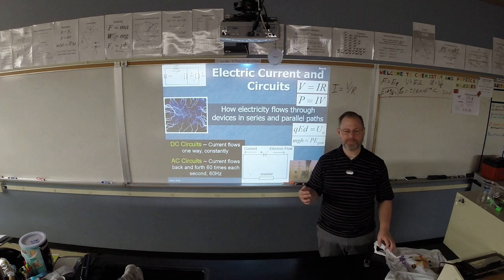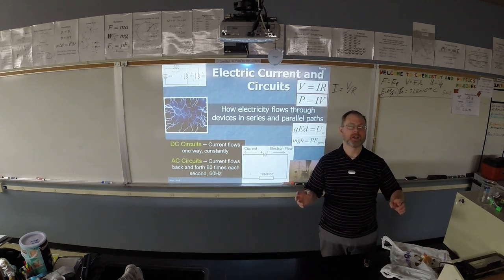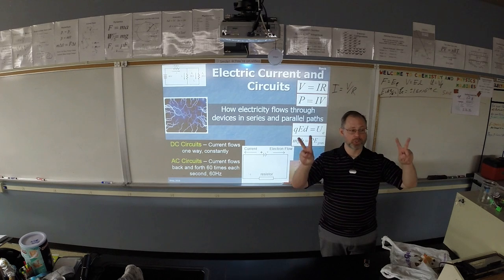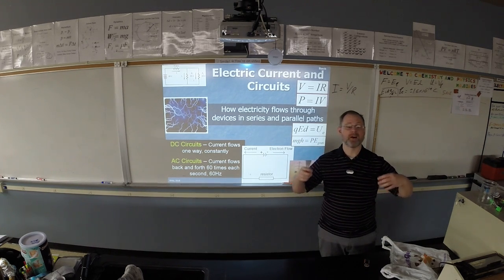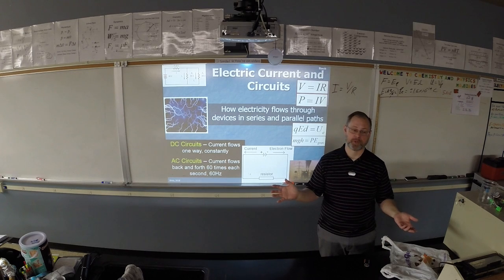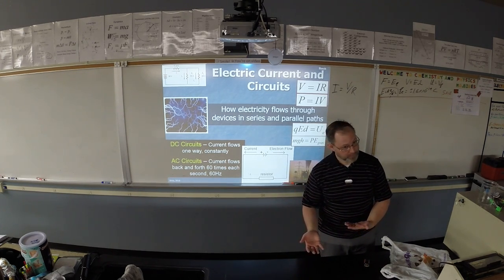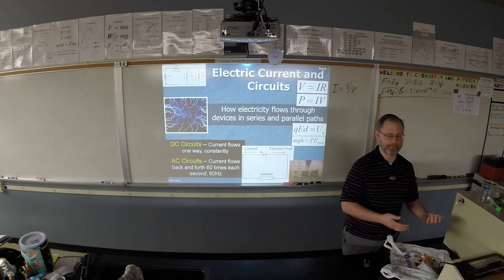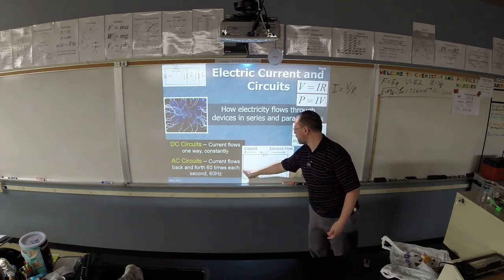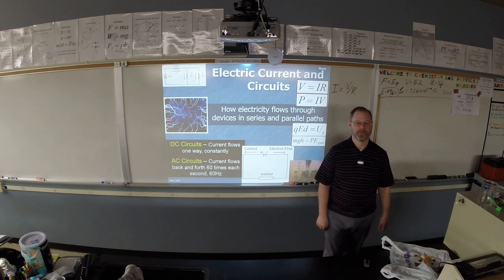Yep. For reasons I don't want to get into, dealing with electric fields and magnetic fields, we talk about the movement of conventional current, which is the movement of positive charges. Mythical positive charges moving around through the circuit. In reality, it is electrons that are actually moving. But we talk about conventional current. So the conventional current moves this way, and the electrons move in the opposite direction of conventional current because they're